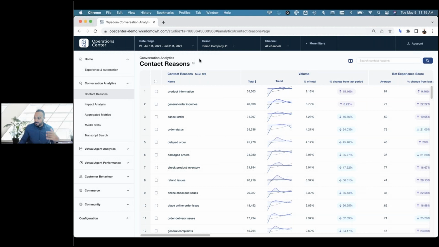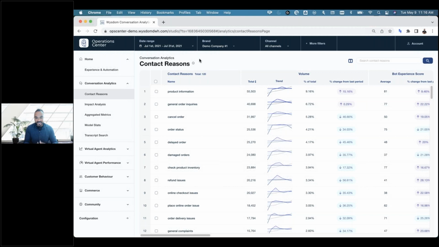So to back up a little bit, David had mentioned we're platform agnostic. So we're not here as a bot platform, especially for those that came in a few minutes ago. Wysdom is not a bot platform. We connect to the platforms you already have. And we've got partnerships with many of them, like Google, like Salesforce, IBM Watson. You may be using some open source ones like Rasa. Frankly, it doesn't matter to us. You could use any live chat platform as well, LivePerson, Bold Chat, Genesys, etc. All of that gets pulled in.